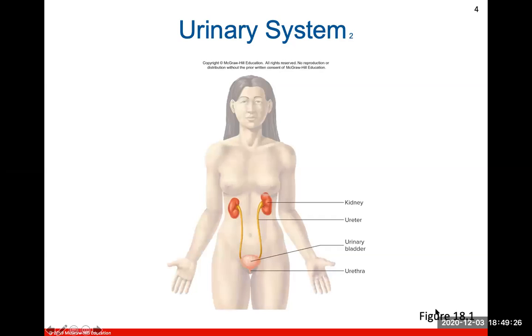So here, what are the organs that make up your urinary system? Simply put, your urinary system, especially the kidneys, will filter all the blood in the body and take out anything bad or toxic or different electrolytes in the blood, and they are excreted out of the body as urine. So here are the kidneys. Kidneys create the urine, which is the waste products formed from filtering the blood, and that travels through the ureters, which bring the urine to be stored in the urinary bladder until it's ready to be excreted through the urethra